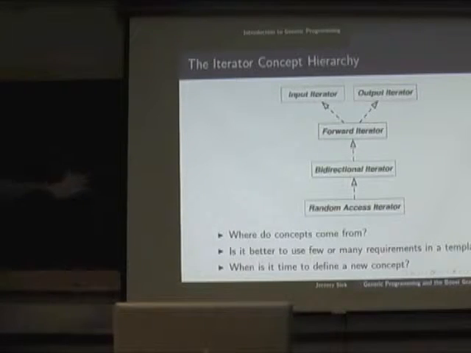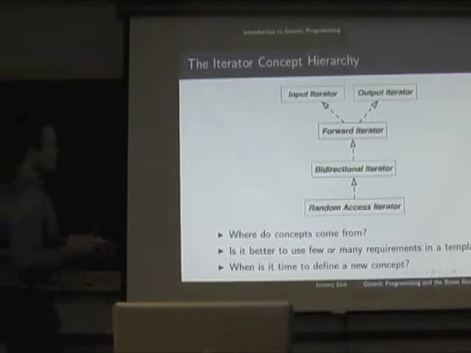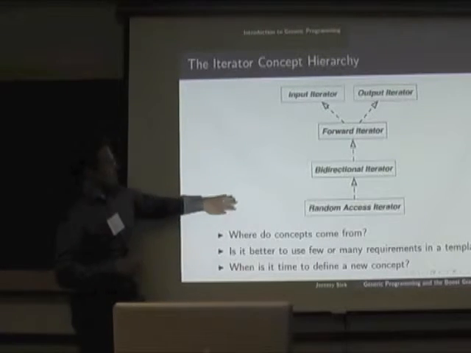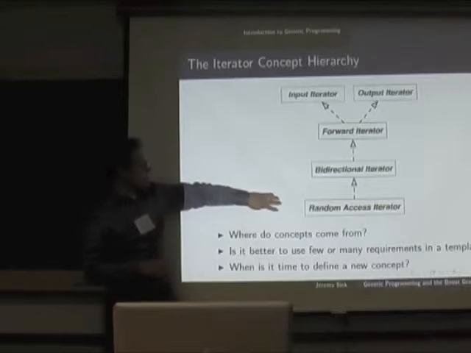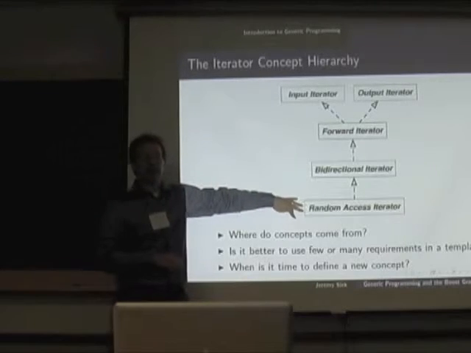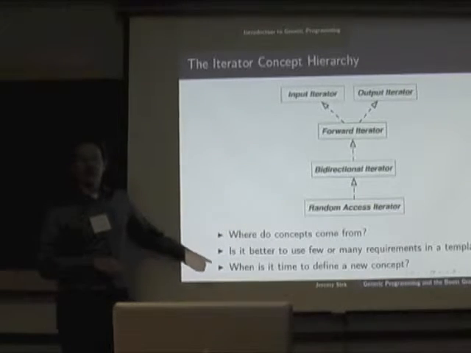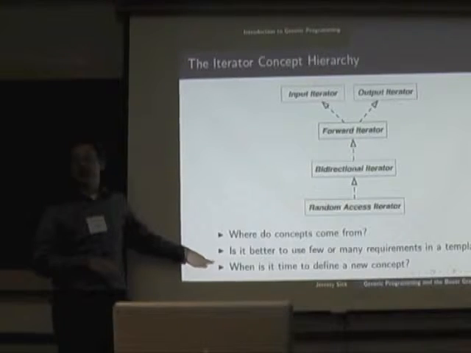I don't know if this is old hat for some of you, but I don't think it's published in that many places, so I think it's important to stress where these things come from and when to create new ones. You can actually get into problems if you just grab one of the existing ones even though it's not a good fit, you can screw up your algorithm a little bit because it might not be the minimal thing you need.